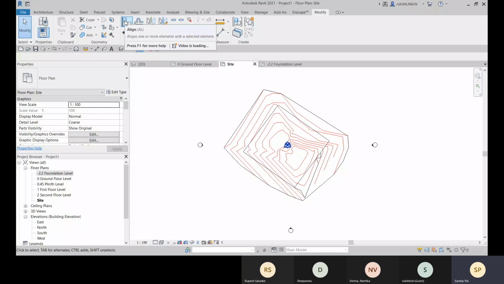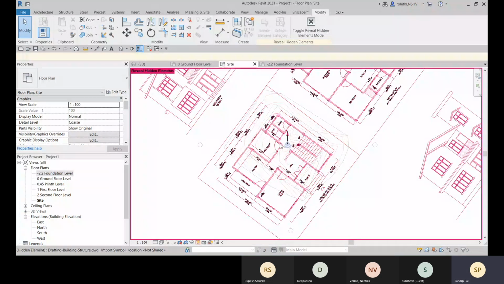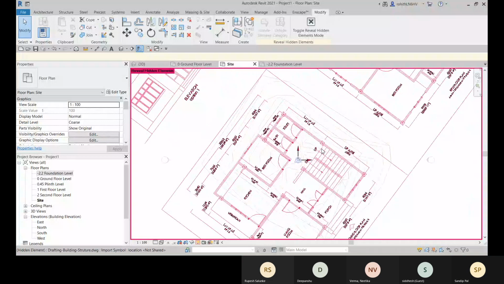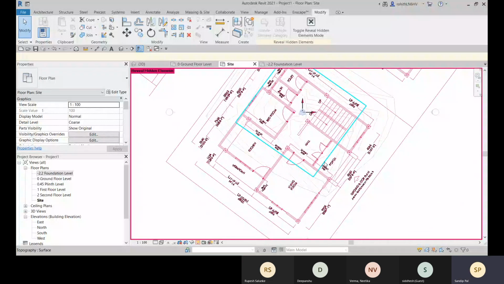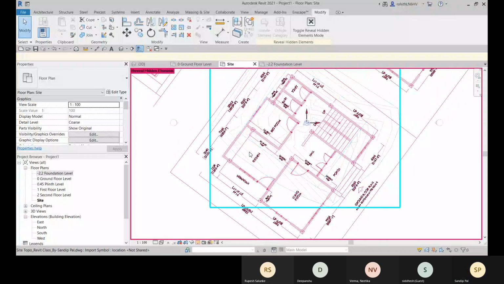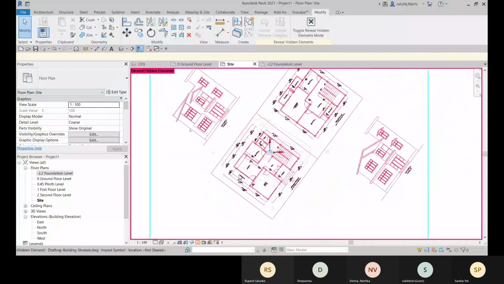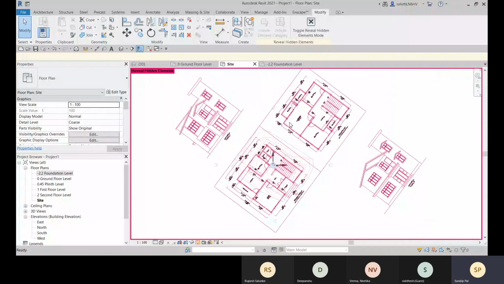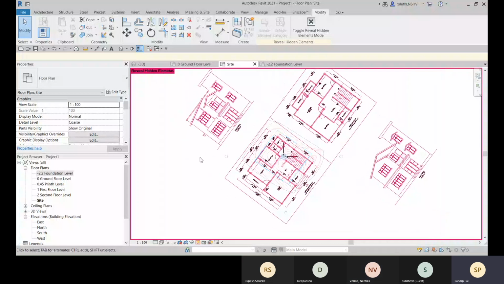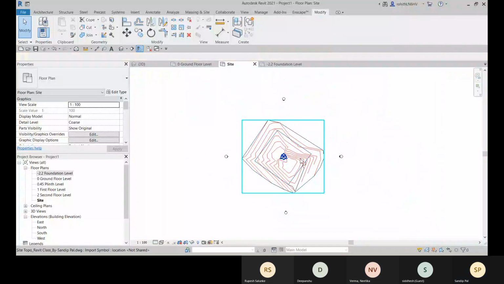Here you have this align option, and you select the first object with which you will be aligning it, and then the second object. So that is this one. All right, and this is the building pad. So upload the right CAD file according to your project.